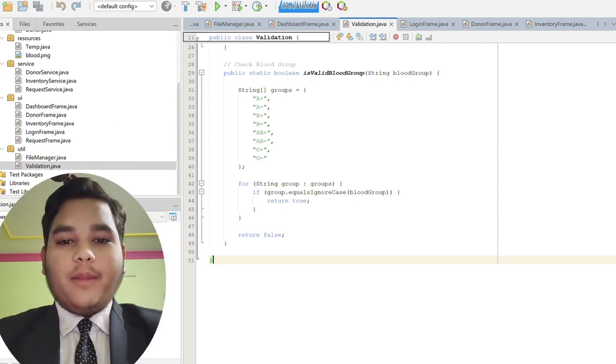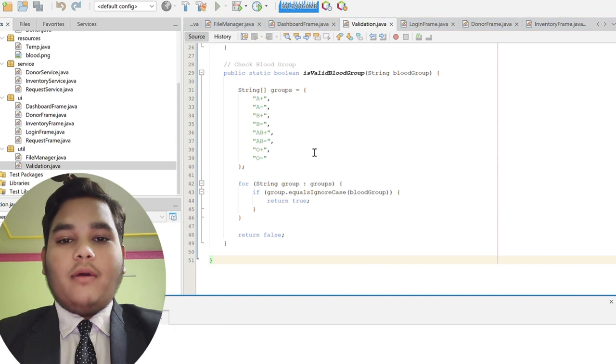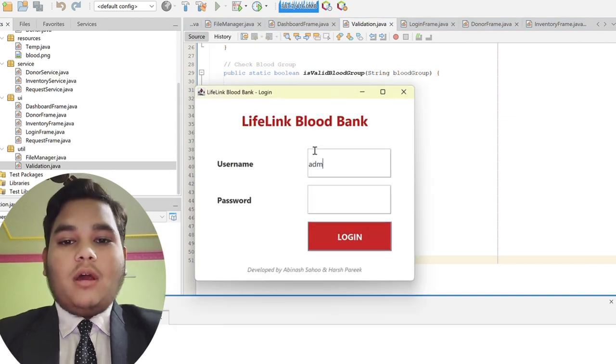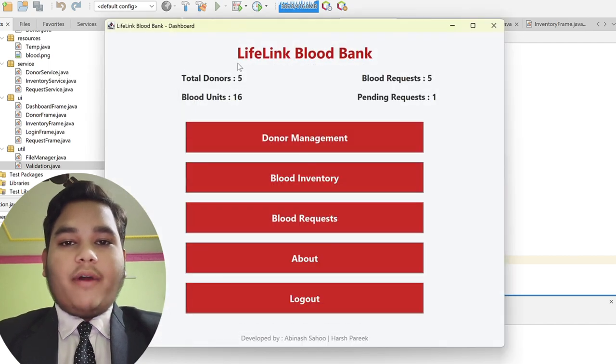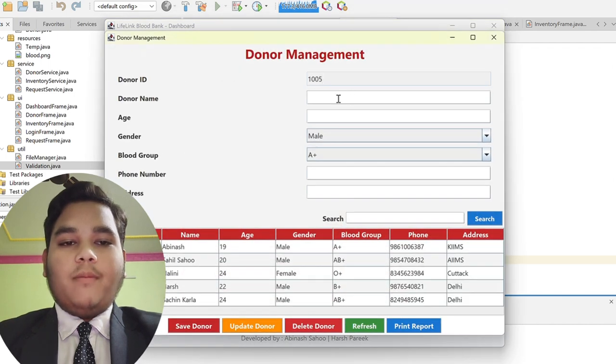In our coding part, now I have to move forward to log in to our page. As you can see here, I will provide the login username and password. After login, this is our dashboard. I have to say something about our login page. This is the SQL login page. Only one authorized administrator can access the system at a time. So now moving forward to our dashboard part.